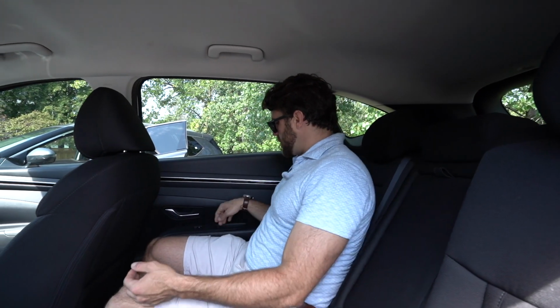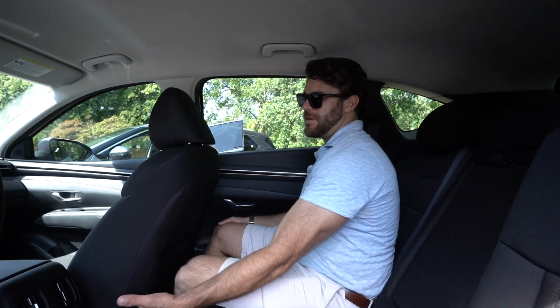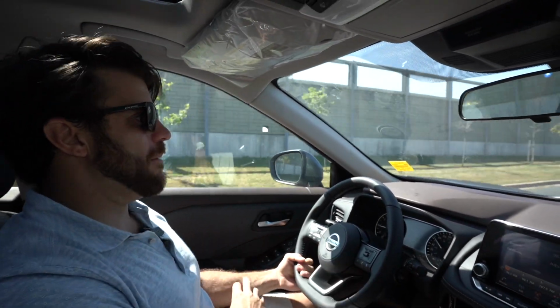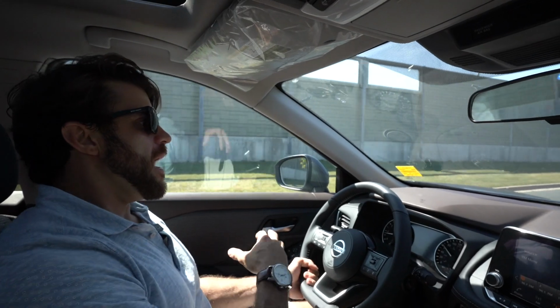And when I close the door, I only have kind of a cup holder in the door. There's no USBs in here like in the Rogue. I do get the center armrest, but I just feel your passengers are gonna be a bit more comfier in the Nissan. When you compare the drives of both vehicles, right now I'm driving the Nissan Rogue,